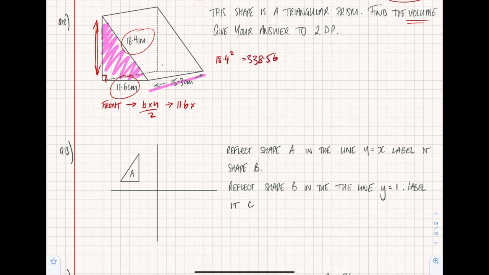338.56. You do 11.6 squared, which is 134.56. So you're doing the 18.4 squared minus the 11.6 squared. When you do that, you get a total of 204. Then you need to remember to square root that. So the square root of 204 is